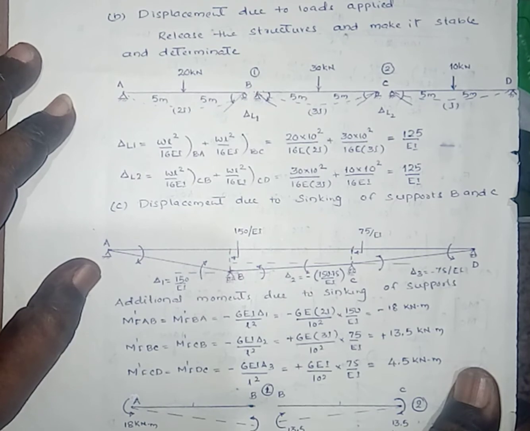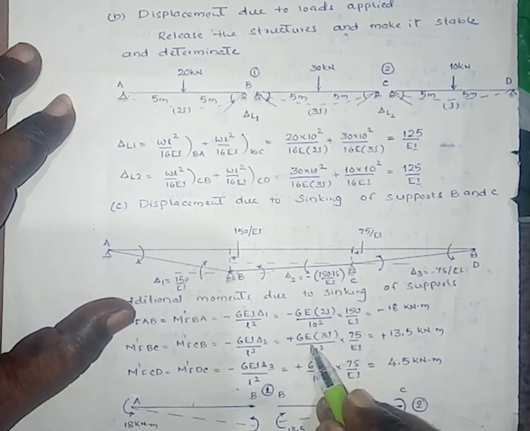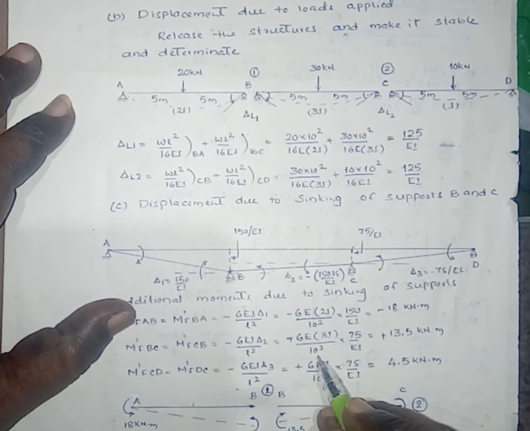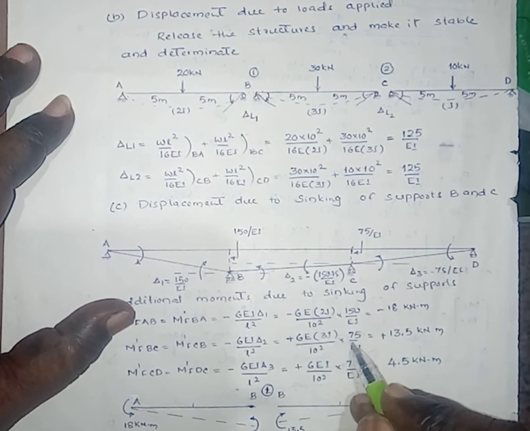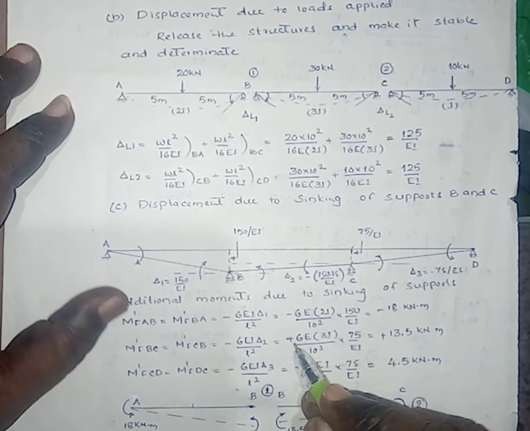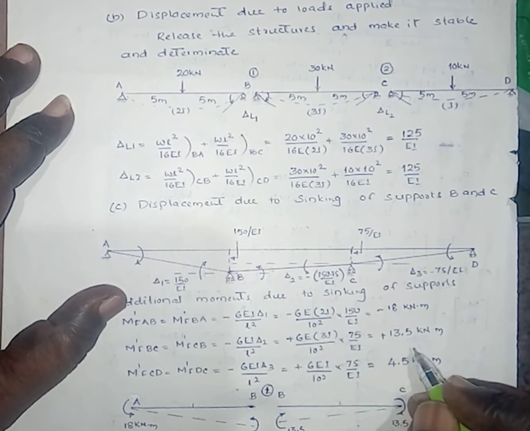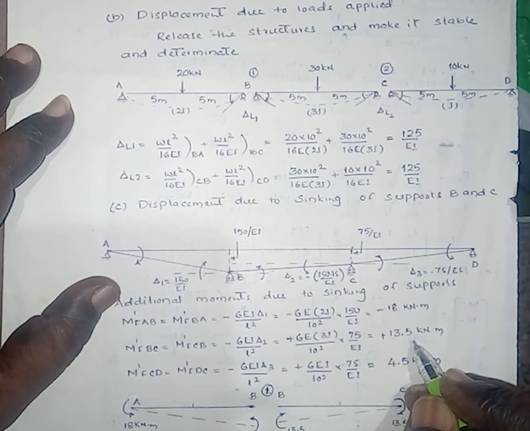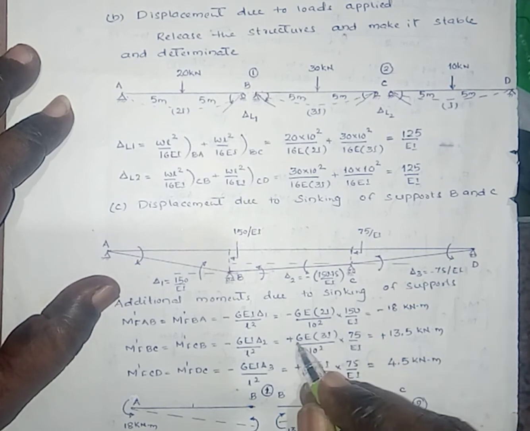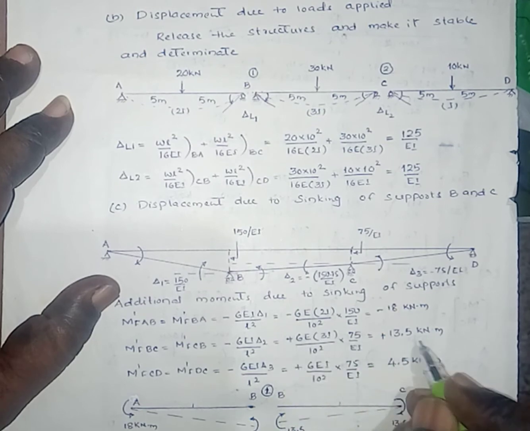By substituting the values for span BC, that is minus 6E into 3I divided by L square into minus 75. Minus into minus becomes plus, EI gets cancelled. The additional fixed end moment due to the settlement of the support, here minus into minus plus,